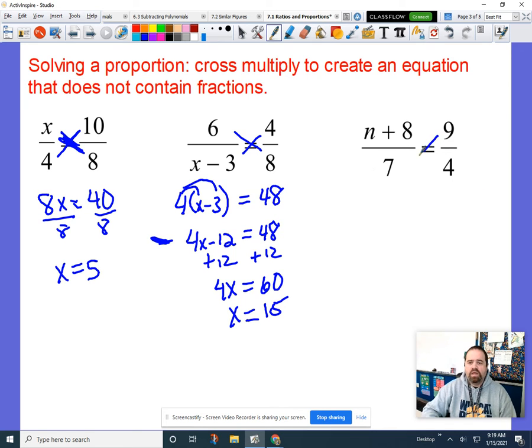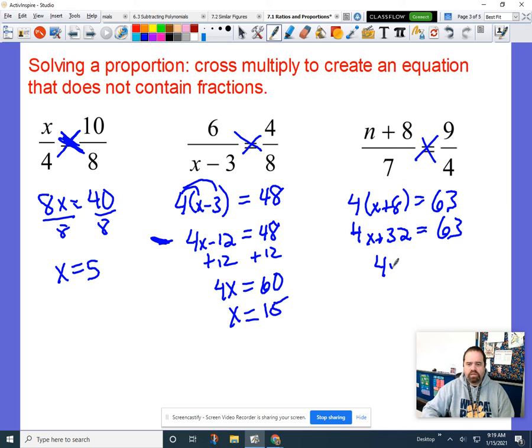Okay. All right, last one here. Again, you're going to have to treat this as distribution. So 4 times x plus 8, and then 7 times 9, 63. I said 9 and wrote 9. 7 times 9, 63. So again, when you distribute here, 4x plus 32 equals 63. 4x equals 60. Oh, I'm sorry. Again, I'm thinking and writing at the same time. It's not working for me. 31. So then when you divide,